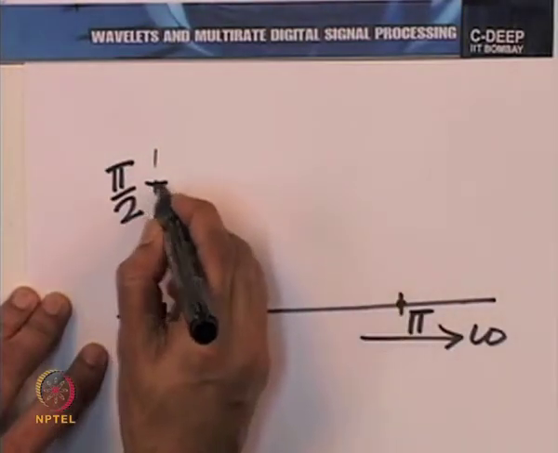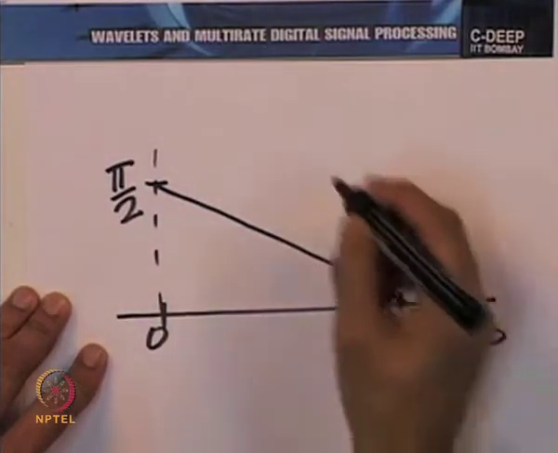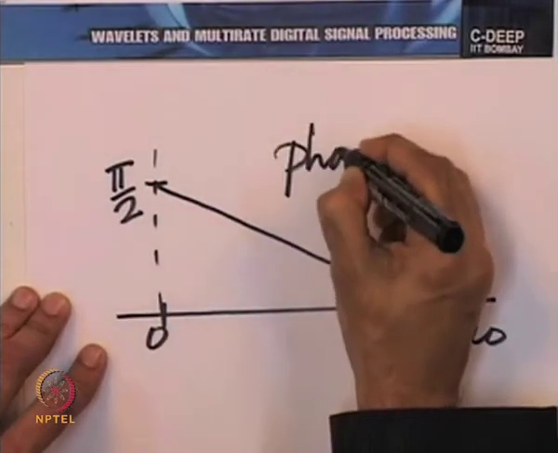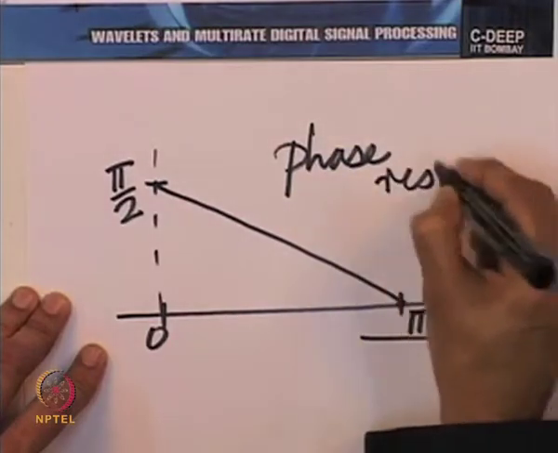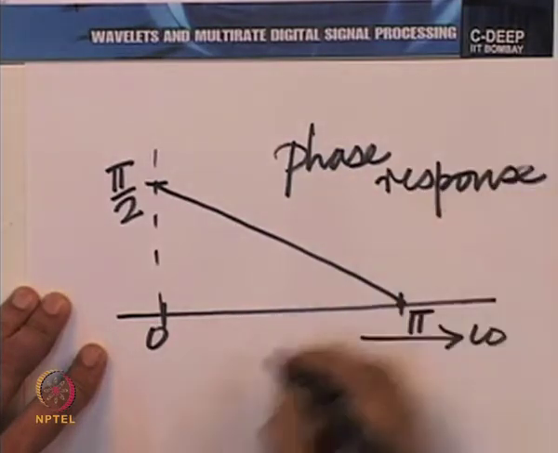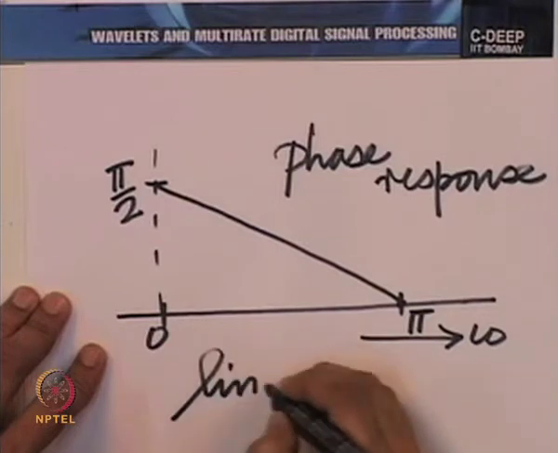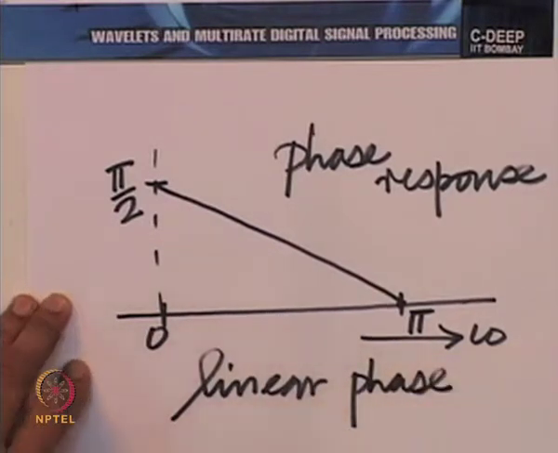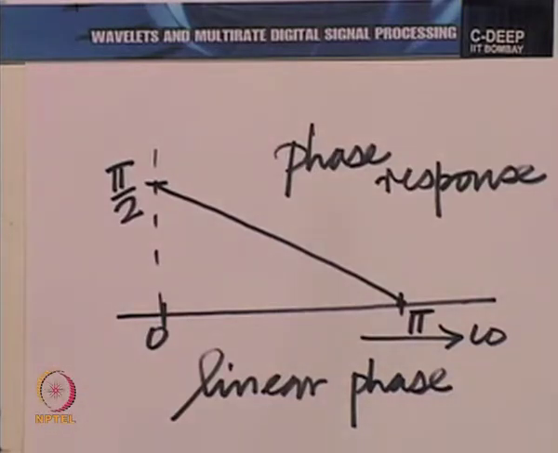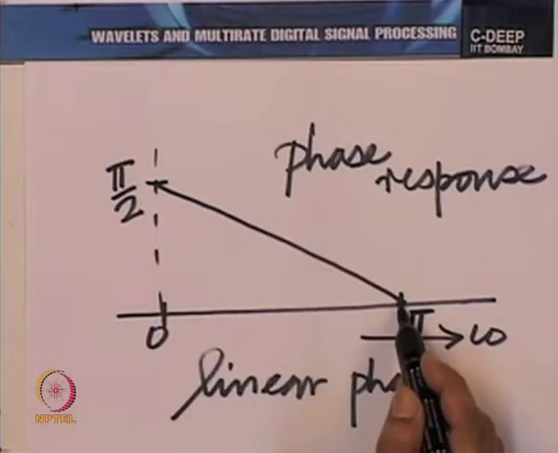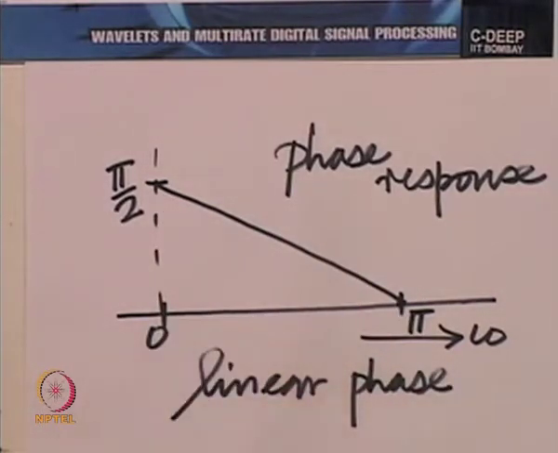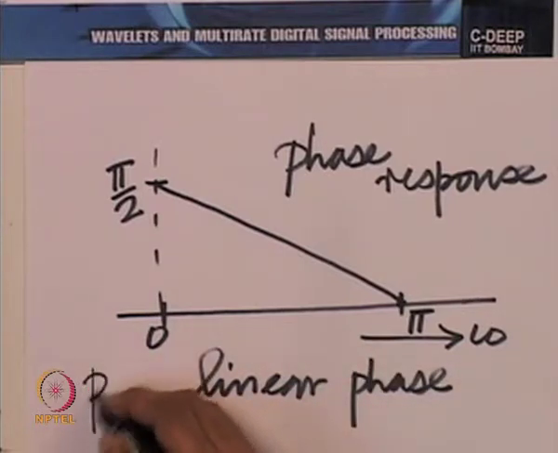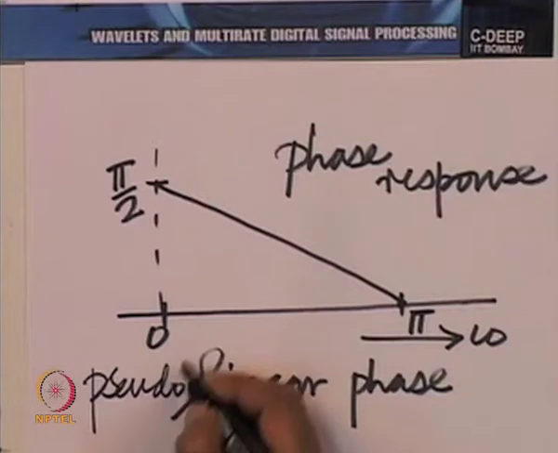This is the situation. Now, once again we have linear phase. Well, almost, not quite linear. If it were strictly linear phase, this would have been a straight line indeed, but a straight line passing through the origin. So, it is not really linear phase, this is called pseudo linear phase,